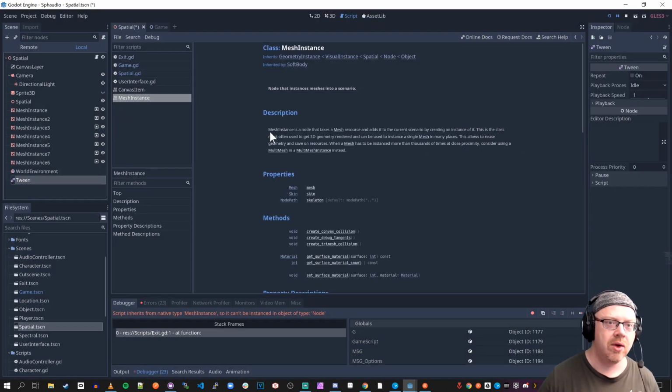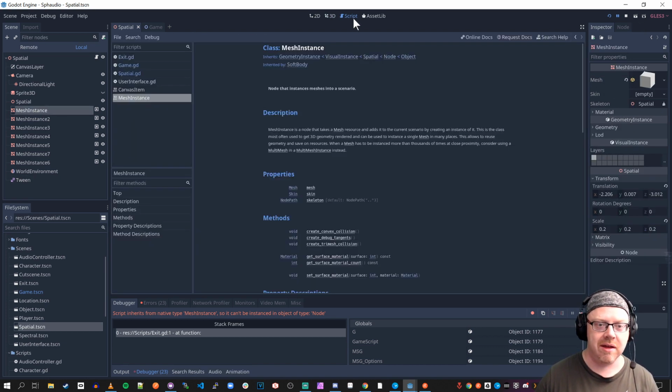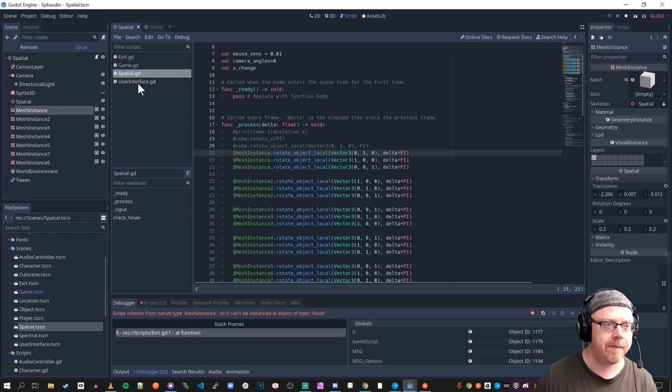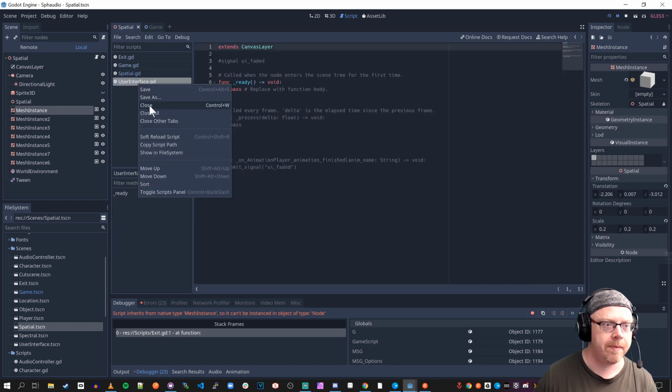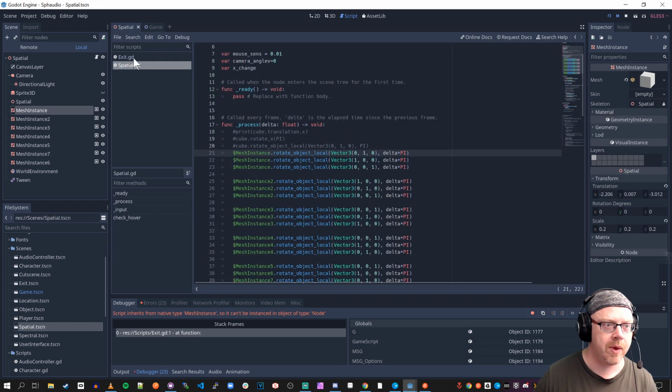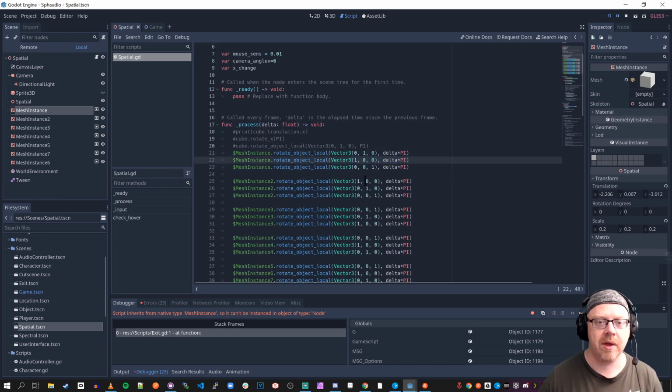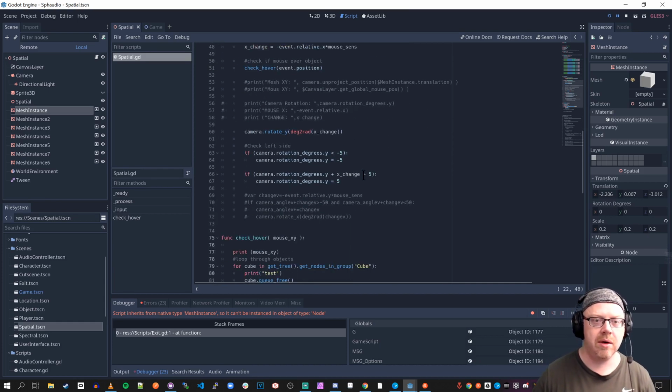And we are going to mess with our mesh instance's scale using a tween. Get rid of all these tabs I don't need here. Okay, so at